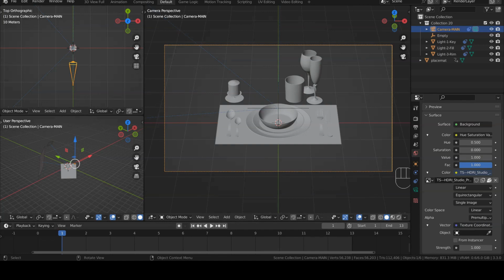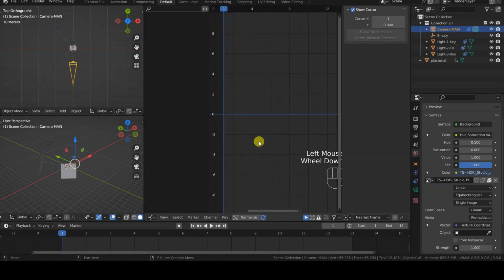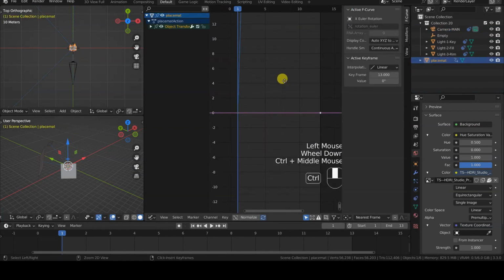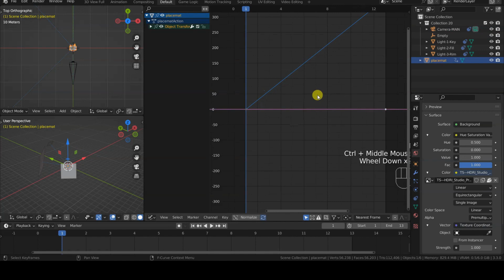In our case, however, a linear animation might be preferable. The interpolation between the keyframes can be modified in the graph editor. With the 3D model selected, we open the graph editor, select the two animation keyframes available there, then press the V key and choose the type of interpolation we want to achieve for our animation.